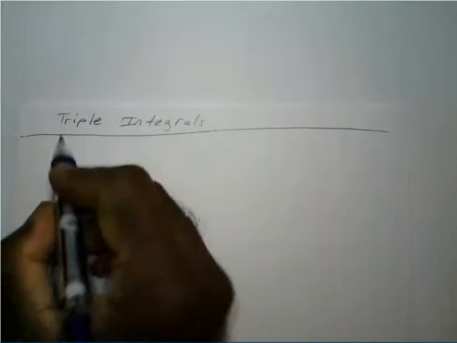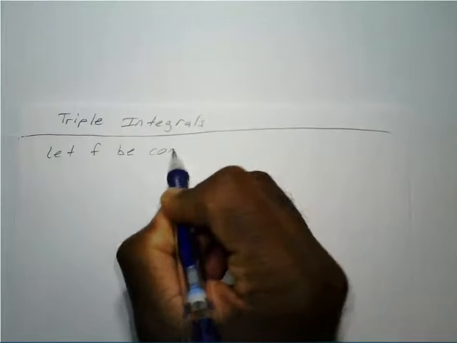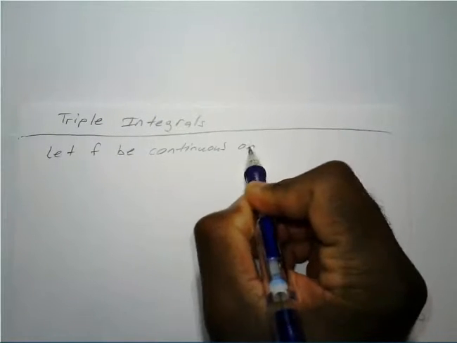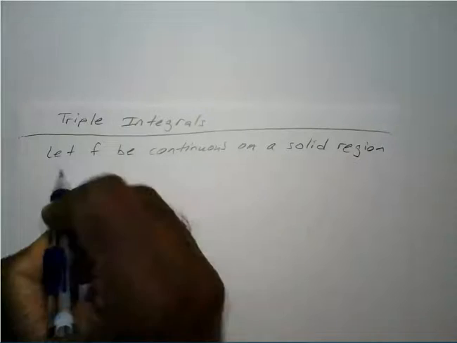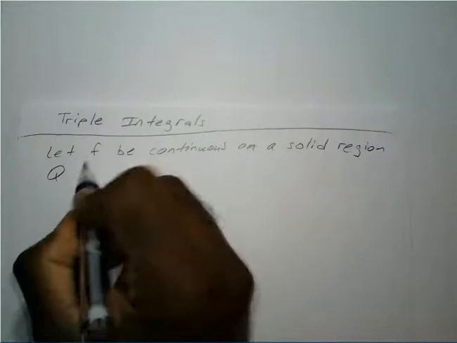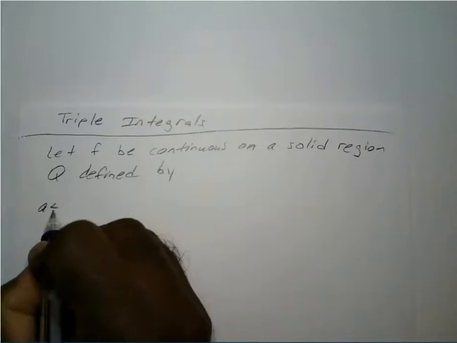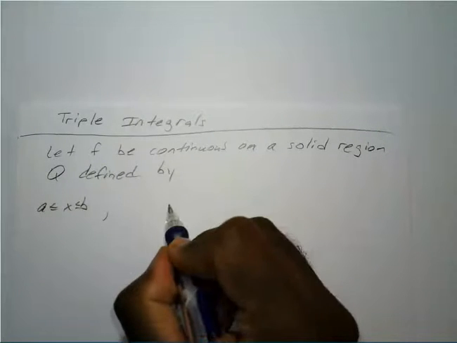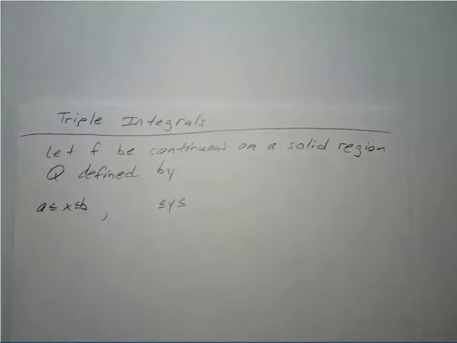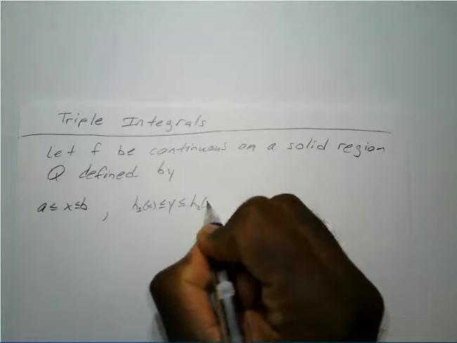Alright, so what if we let f be continuous on a solid region that we will call Q, and let's say that's defined by x is between some values a and b, y is between two functions of x, we'll call them h1 of x and h2 of x,